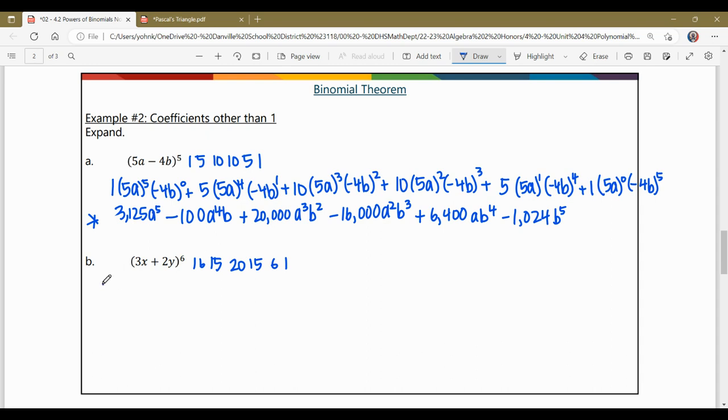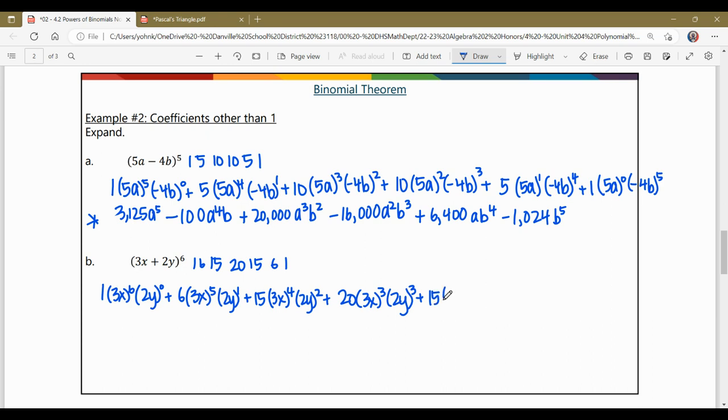All right, so we've got 1, and we've got 3x to the 6th, 2y to the 0, plus 6 times 3x to the 5th times 2y to the 1st, plus 15, 3x to the 4th, 2y squared, plus 20, 3x to the 3rd, 2y to the 3rd, plus 15, 3x squared, 2y to the 4th, plus 6 times 3x